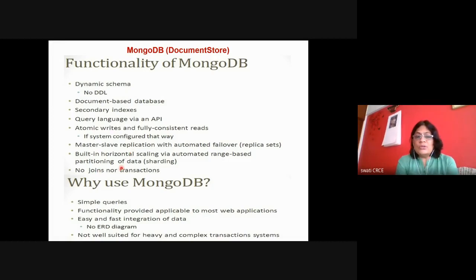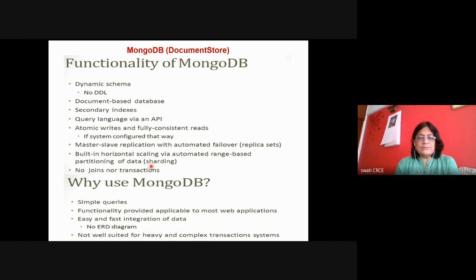Then built-in horizontal scaling is there, where you can go on adding new machines to the existing cluster. New machines will be used in case of an increase in the load. And automated range-based partitioning of data is used, meaning the keys are hashed, so the hash value gives you the partition, the exact location where the data is to be stored.